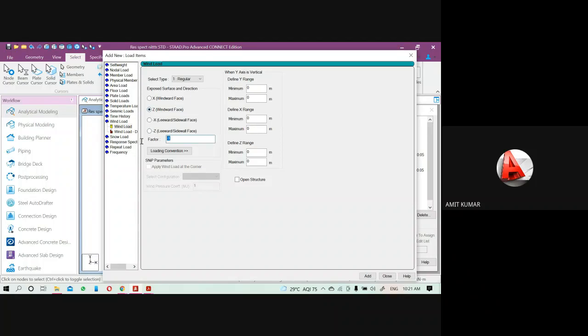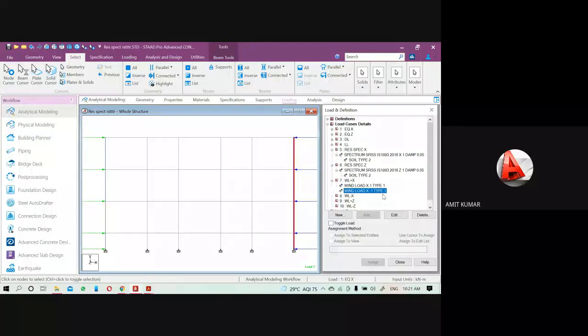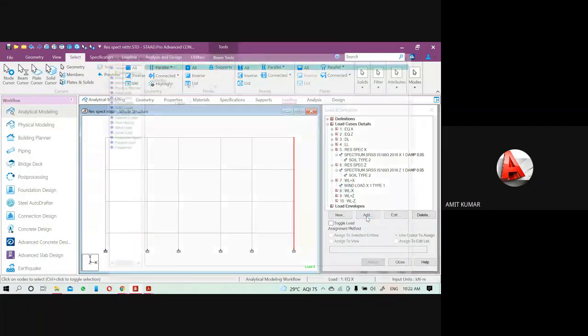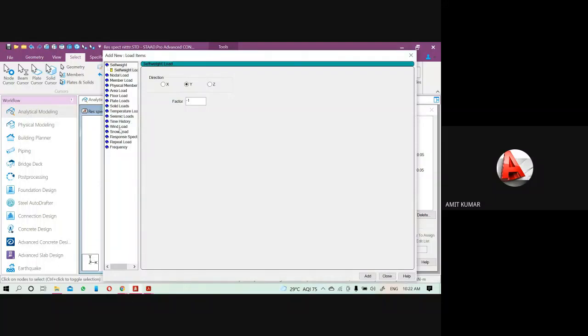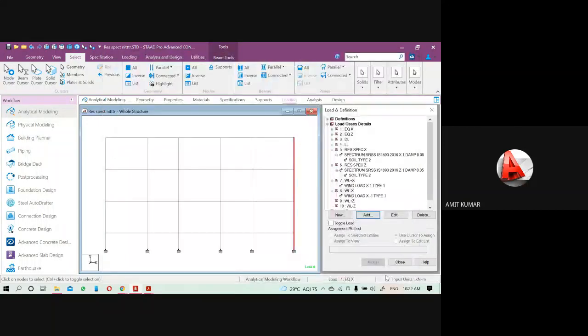Same for the Z. I think I just added in the same, and let me delete it. Yeah, so this one for the positive X, then come to the WX minus X. Click on add. Go to the wind load, Z factor value minus. Close it.